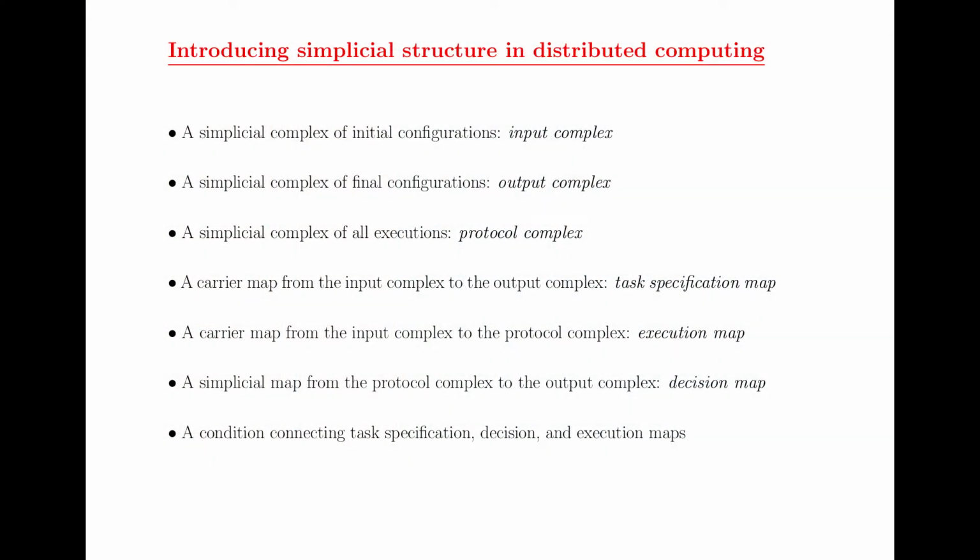So you can associate a simplicial complex in quite easy ways to start with. There's a number of them associated to this setting. The first simplicial complex which people can construct is the so-called input complex, which is simply a simplicial complex of all initial configurations. Okay. So let's say you have n processes and n agents, and each has certain inputs, but maybe these inputs are correlated. For each set of inputs, there are certain sets of inputs which are allowed. You can model this as a simplicial complex. By itself, it's not much, but it will help to do things.